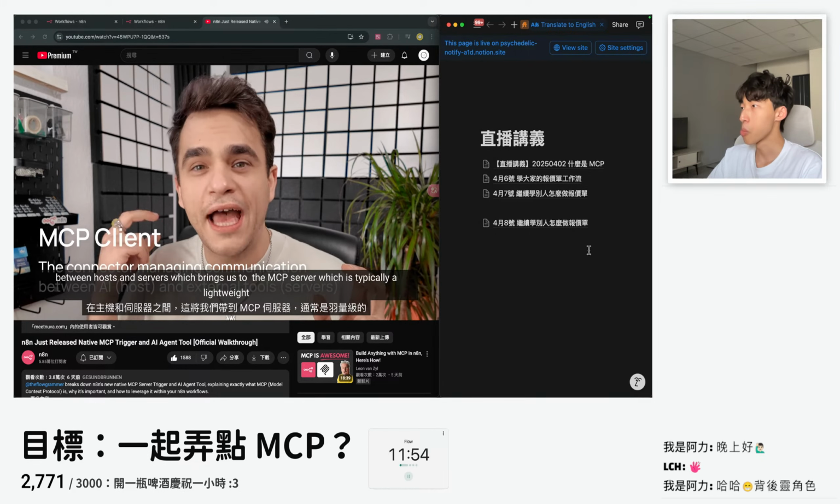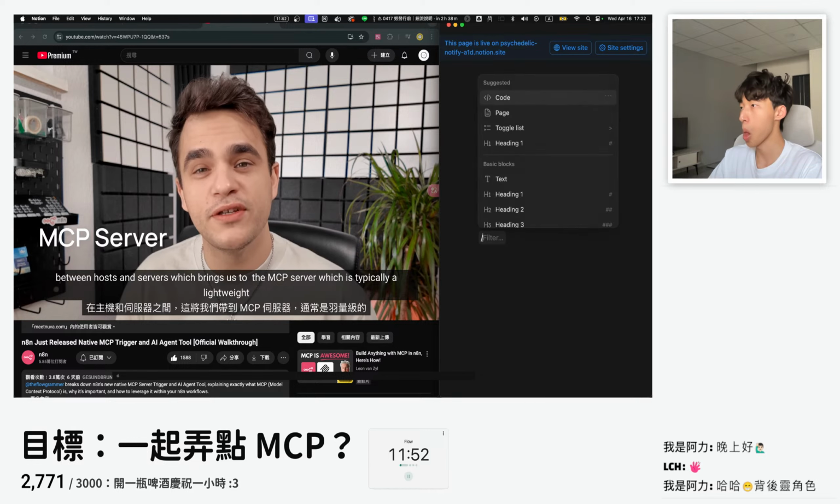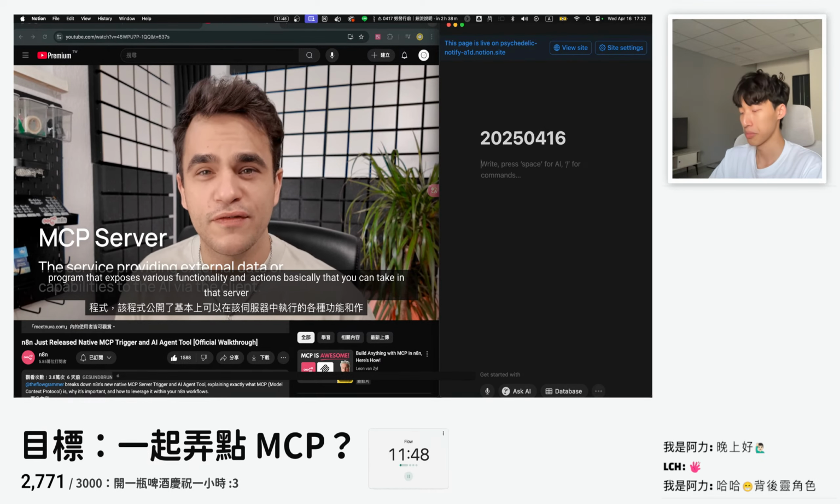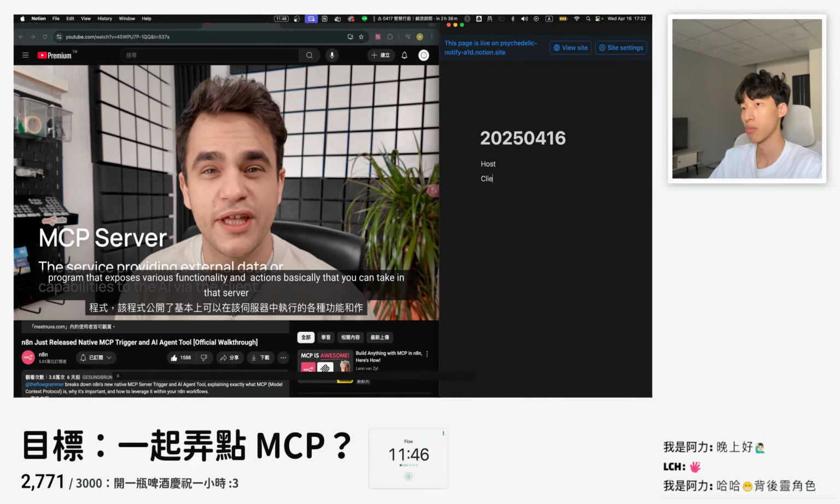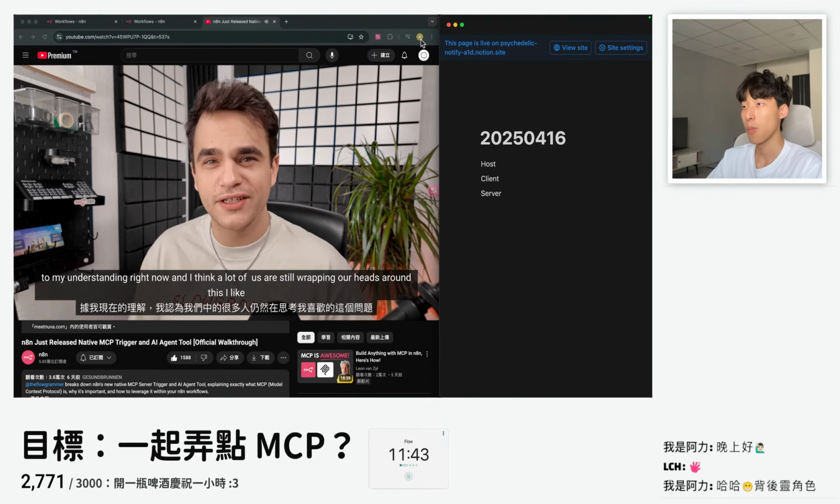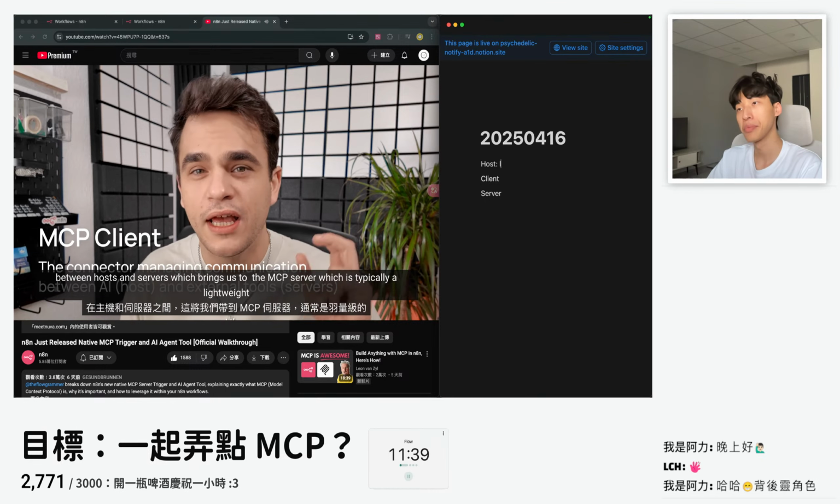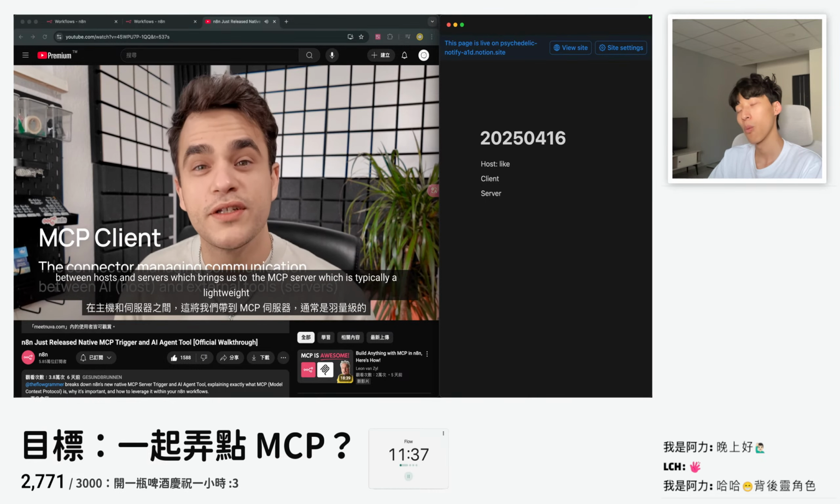Between hosts and servers, which brings us to the MCP server, which is typically a lightweight program that exposes various functionality and actions basically that you can take in that server. To my understanding right now, 太快了。